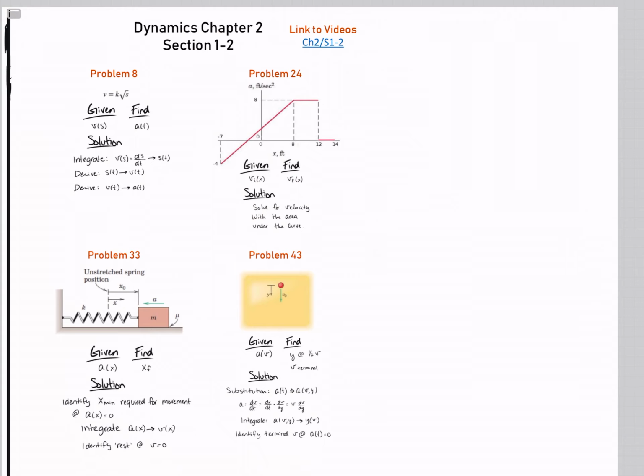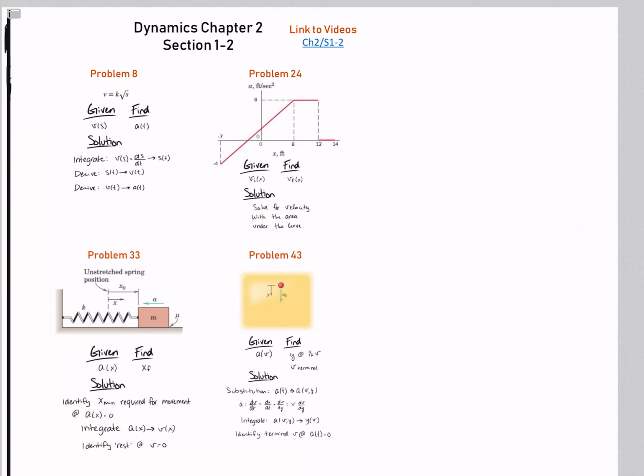I've compiled the problems from Chapter 2 and done a little highlight of what is focused on in each problem and each section. So in a way, this is a review for the exam. However, this does not encompass every single thing that you'll need to know for this exam, because everything that you've